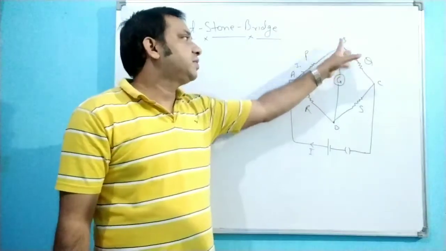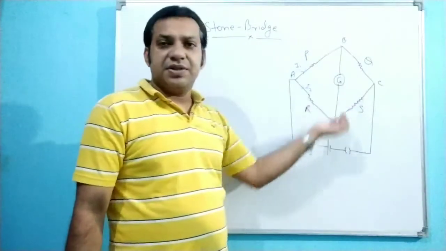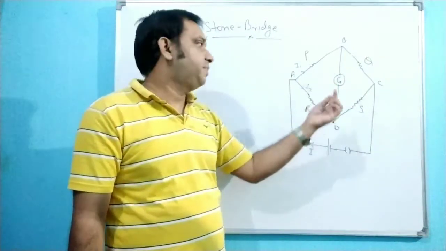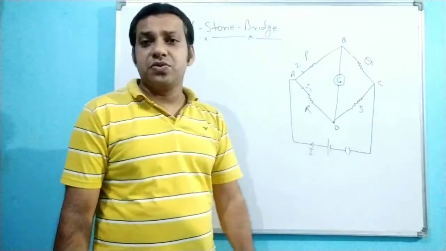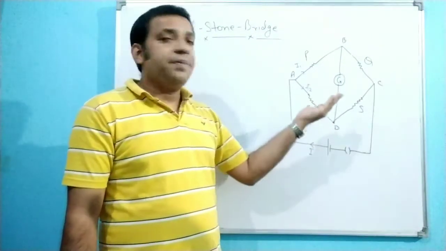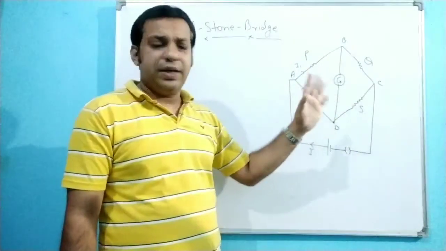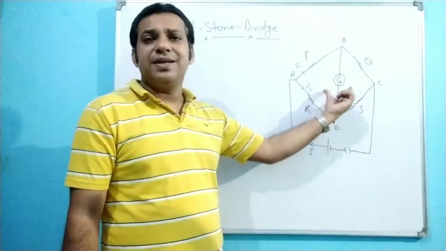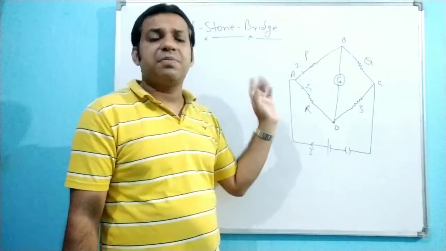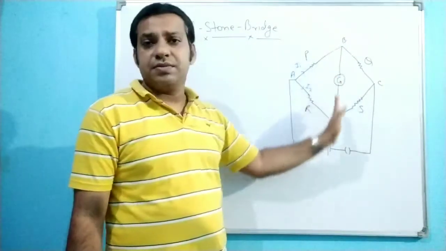Now the I1 reaches this point B. Again there are two paths available. Just see this BD branch, there is a galvanometer attached here. You know that galvanometer is a device which is used to measure the direction of the current, or it gives the indication of the presence of current. Suppose this galvanometer is indicating null deflection. What is the meaning of this null deflection? That means there is no current flowing in this particular branch.